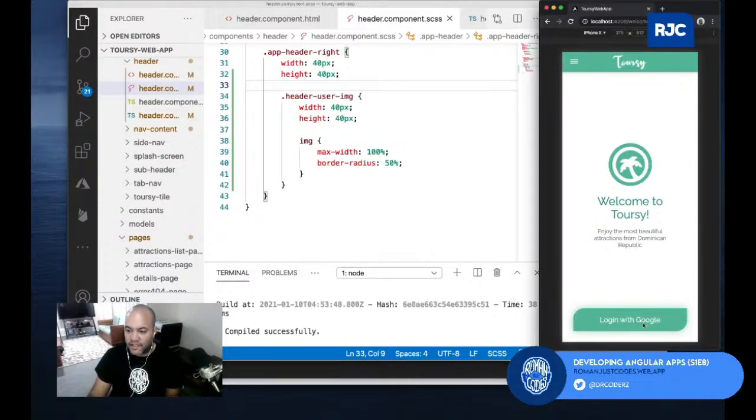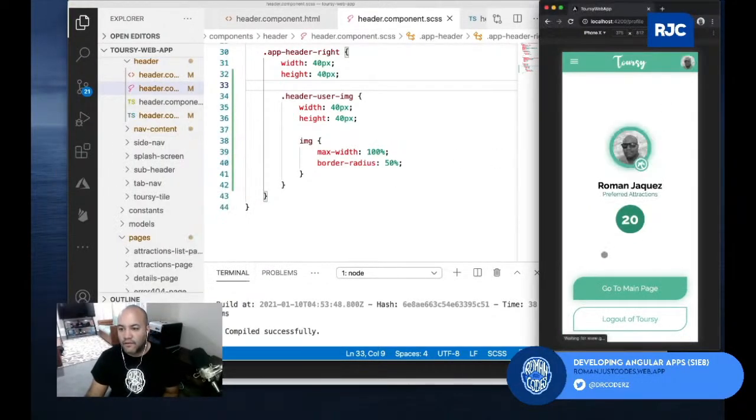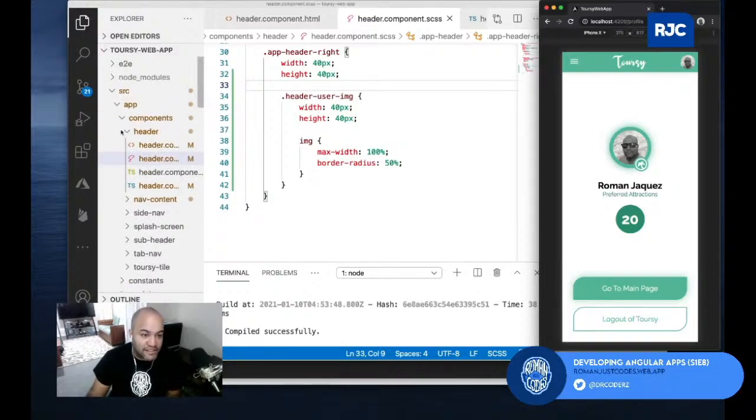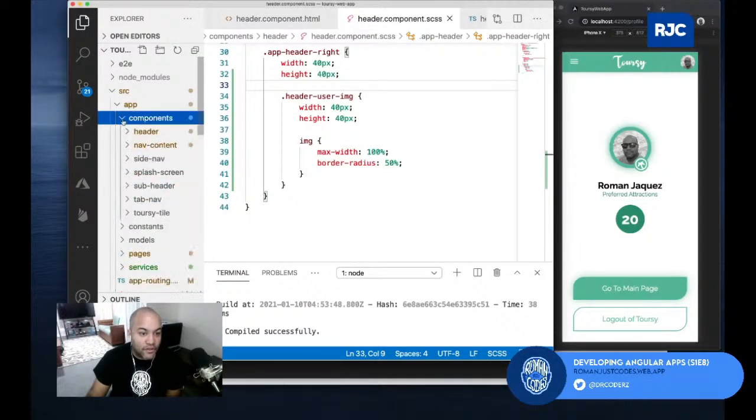Perfect, there you go. And then I say login with Google. I'll log in with my own account again, and there you go. See, for example, now that you see the preferred attractions, this is just a hard-coded value, but remember you can actually pull it the same way you're doing here with the components, like here in